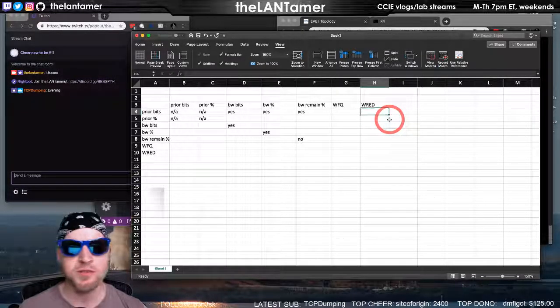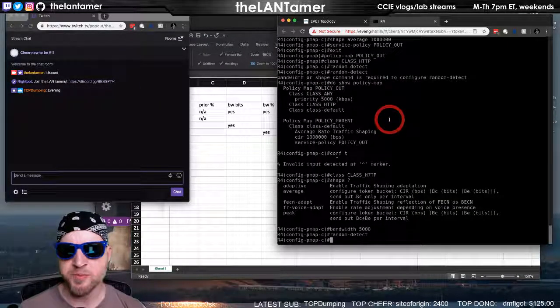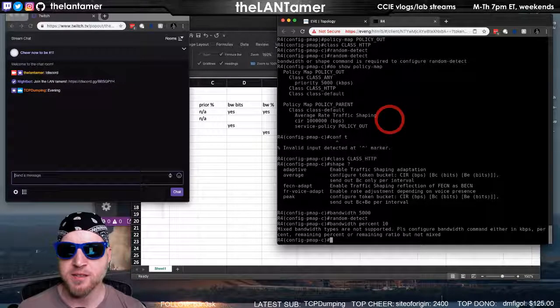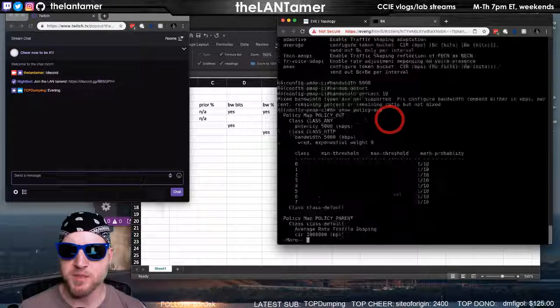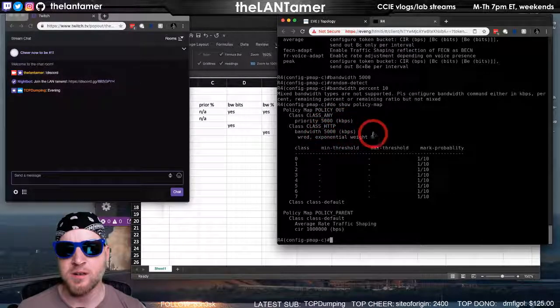Oh, no, not with LLQ. No, no, yes. And it should work with percent as well. Let's change the bandwidth. Percent 10. Do show policy map. Do show run. Well, we have it here.